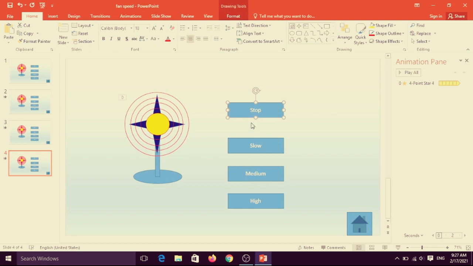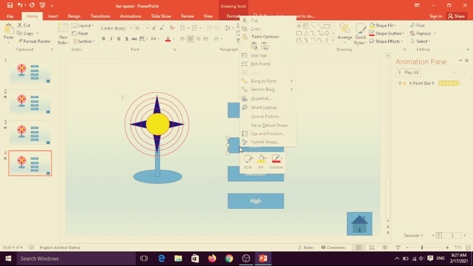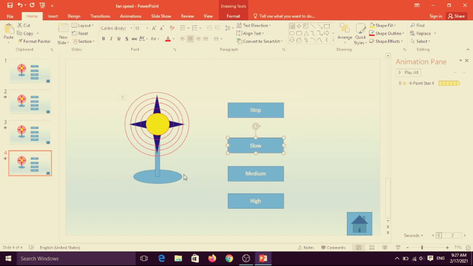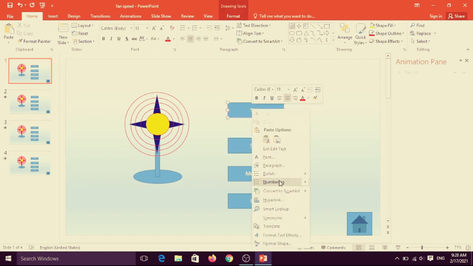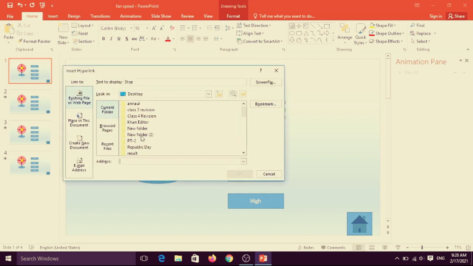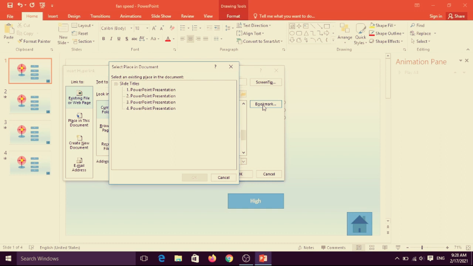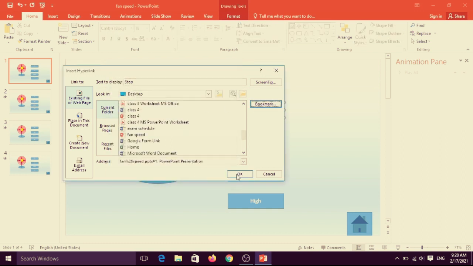Okay, when you have to click on here, it will display for that, and second for that, click on once again, right click and give it hyperlink and choose your file and then give the bookmarks and give the first OK and click on OK button.